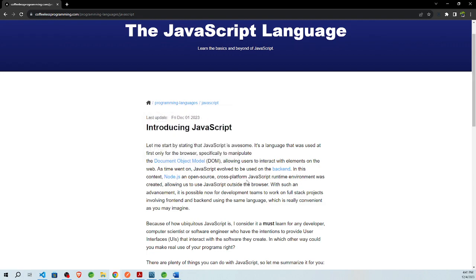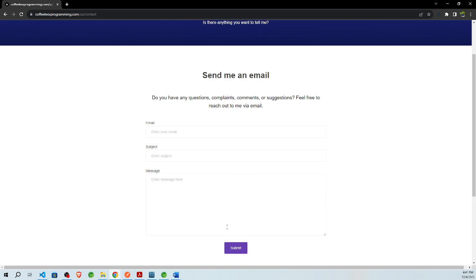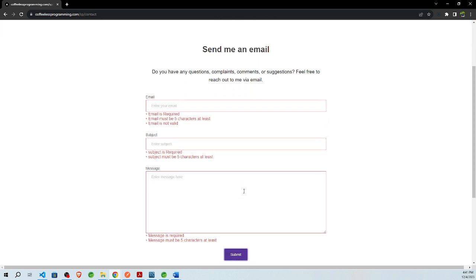So there is quite a bit of proprietary software that I'm using as well. For example, the send email is also a package that I created, that I'm using not only for the client side, but also for the administration portal form validation. So I'm not using Formik, I'm not using React Forms, I'm using something that I created which is meant for my application, which is called Coffeeless Form. It's an easy to understand framework or library that I created. It's already deployed in npm, and it will allow me to create different projects and streamline the form validation process. I'm going to explain all of that in next videos.